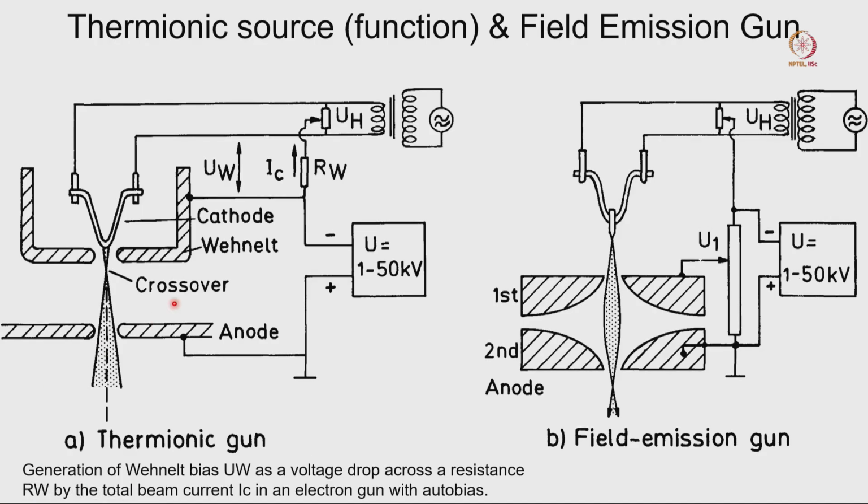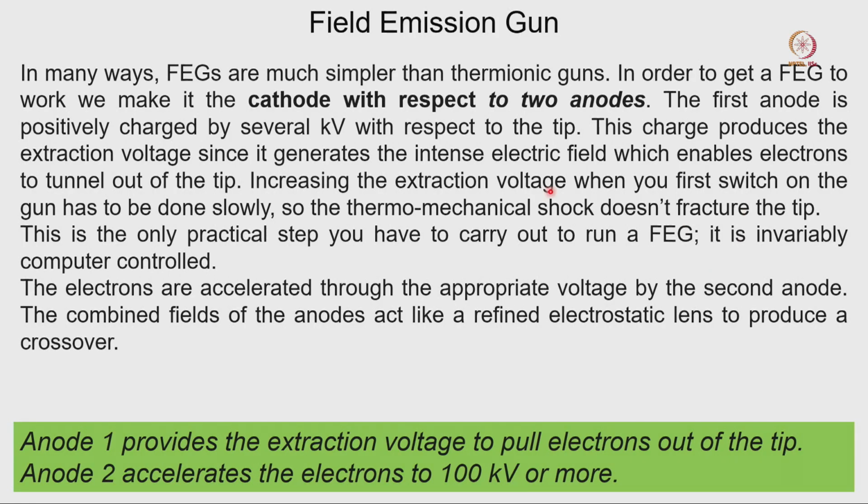Last class I showed you how the electron extraction is happening, what the crossover point is, what D0 is. This is a diagram taken from the book where you can see the filament, which is connected with the electric current, and these are the Wehnelt cylinder, and this is the crossover point. And in the field emission gun, this is the first anode and second anode, and then heat energy is used and we are getting the electrons. So, these are the two major differences. I put them side by side, so we can see the differences between them.